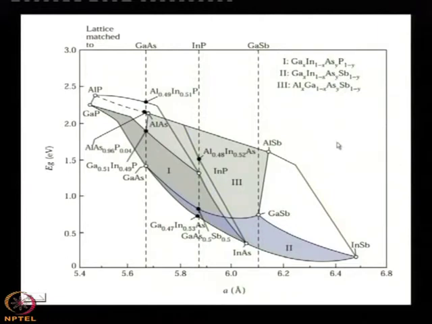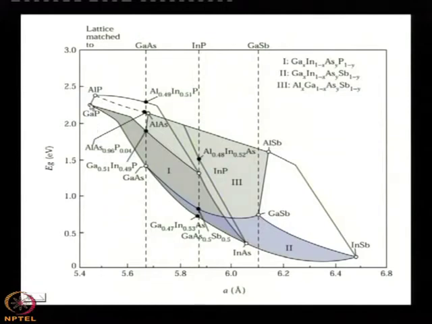Let us take another example of aluminum gallium arsenide. Here, the gallium phosphide, this extreme point, and indium antimonide: for these two, no substrate is available. Which one? Gallium phosphide substrate is available, but it's not matching with gallium arsenide. Now, how will it match? Because the lattice constants are different, there are the vertical lines.